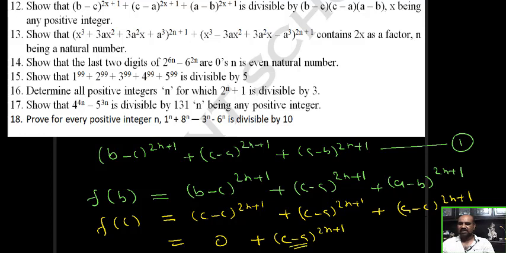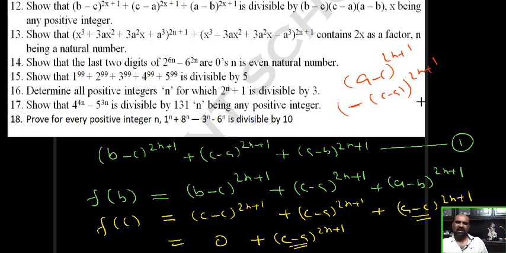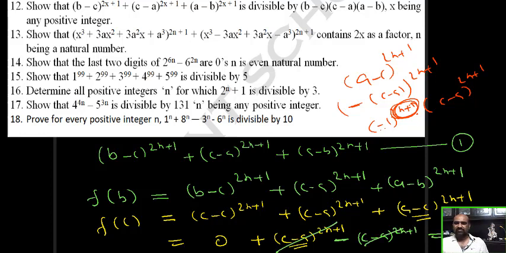Observe here c minus a, here a minus c, the reverse is there. So I will write here with the red color, a minus c whole power 2x plus 1. I will take minus common, c minus a whole power 2x plus 1. I can split it as (minus 1) power 2x plus 1 into (c minus a) power 2x plus 1. Minus 1 to an odd power is minus 1 only. So we will get minus (c minus a) whole power 2x plus 1. These two get cancelled, we will get 0.